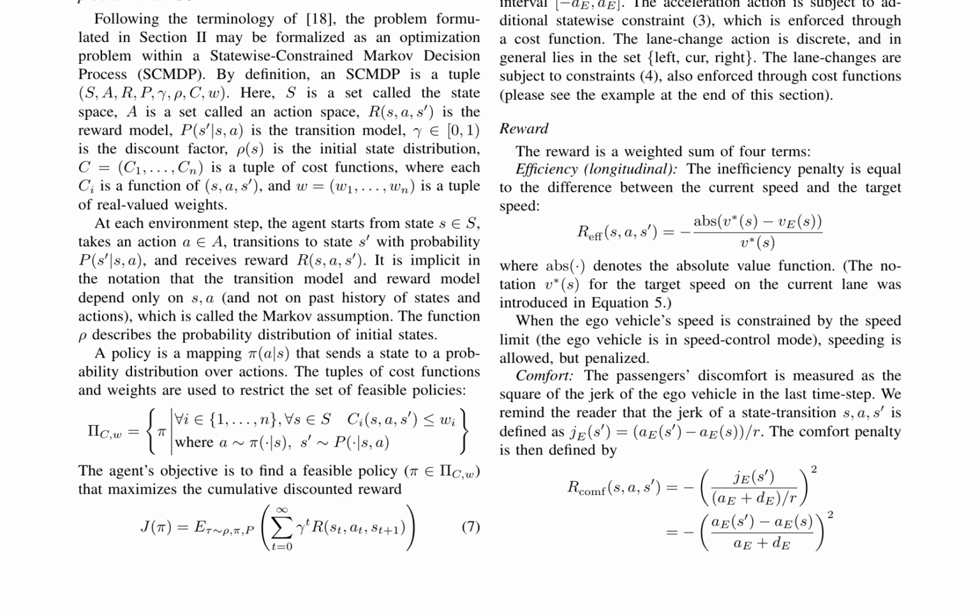The objective of the agent is to find a feasible policy that maximizes the cumulative discounted reward, which is defined as the sum of the rewards over an infinite time horizon, discounted by a factor of gamma at each time step. This setup allows the agent to balance between improving efficiency through discretionary lane changes and minimizing the risk of missing its route, depending on the value of gamma.